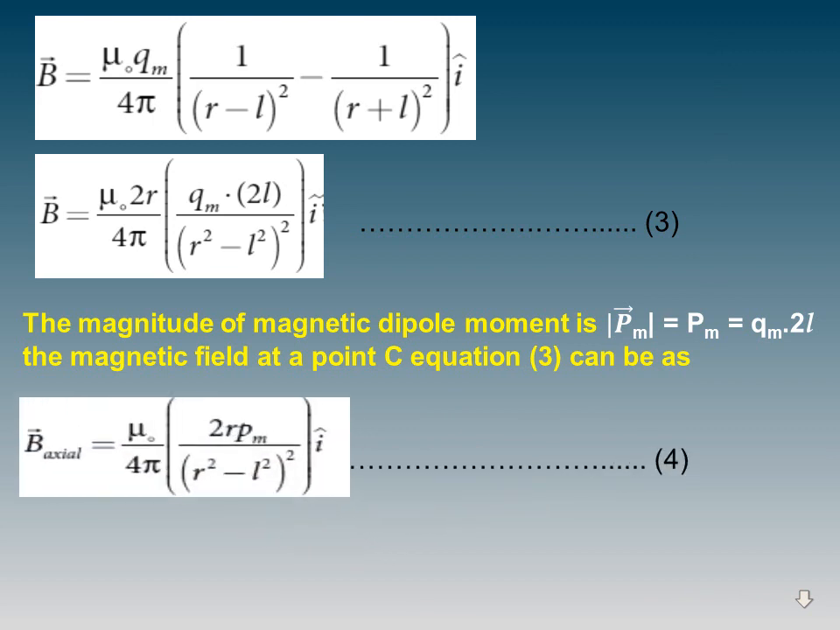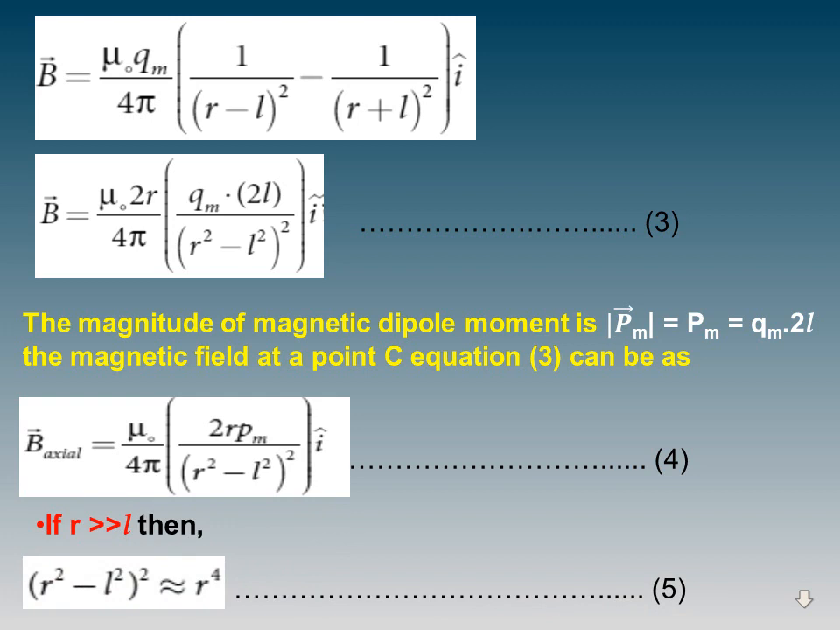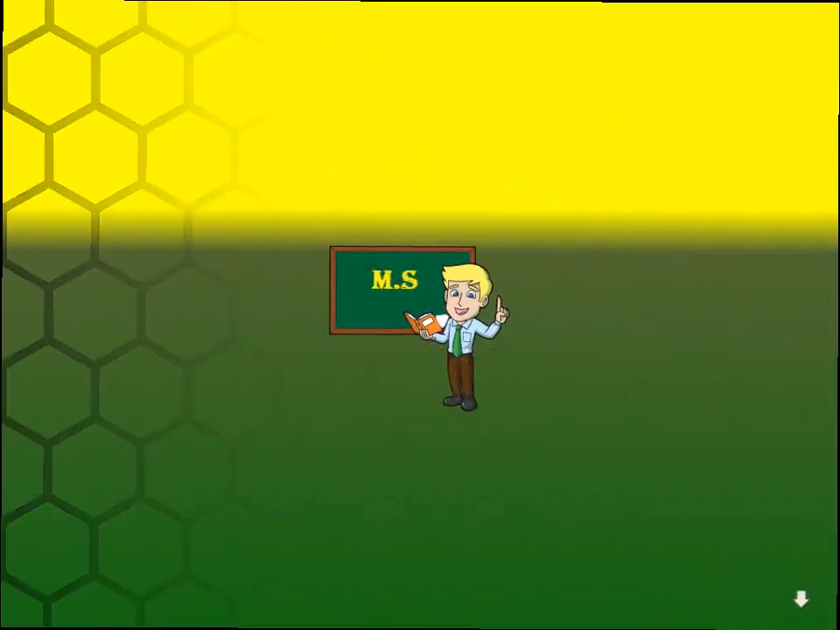Therefore, B axial is equal to mu naught by 4 pi, 2 Pm divided by (r square minus L square) the whole square, into i cap. Actually, r is very much greater than L. The distance r is very much greater than L, so we neglect the L. Therefore, (r square minus L square) the whole square is termed as r square the whole square, therefore r power 4, which is equation number